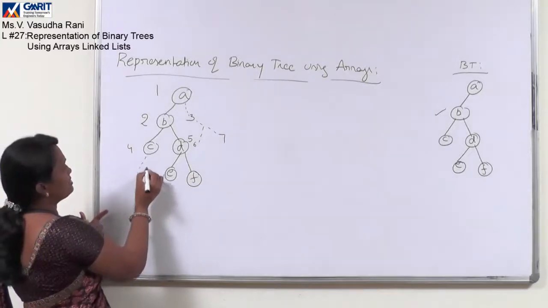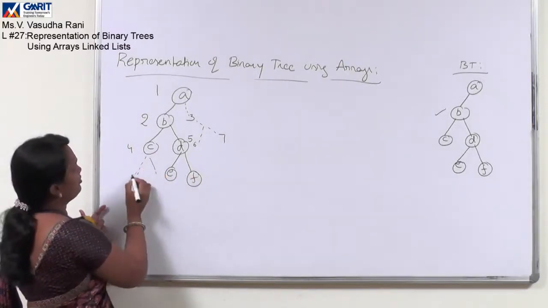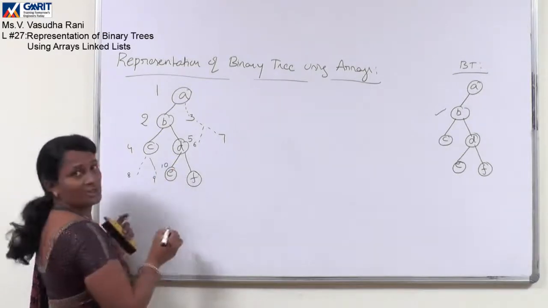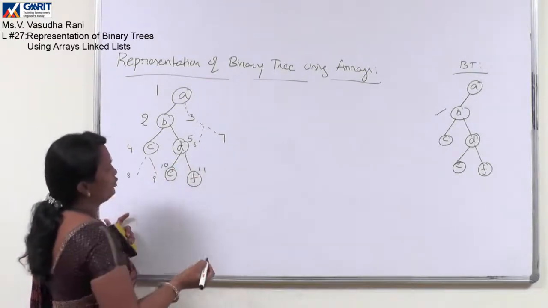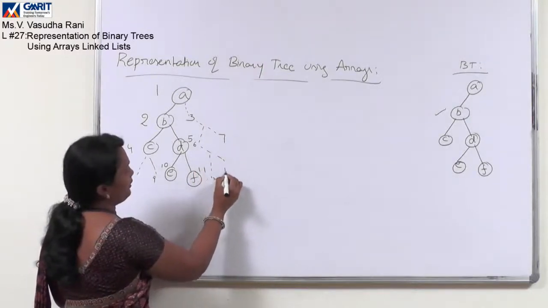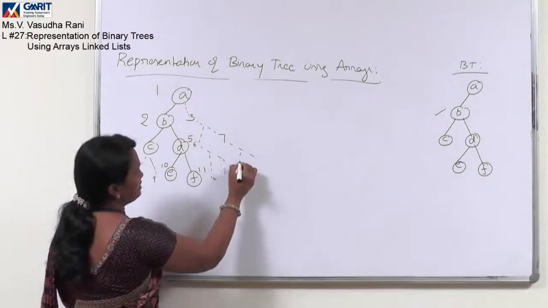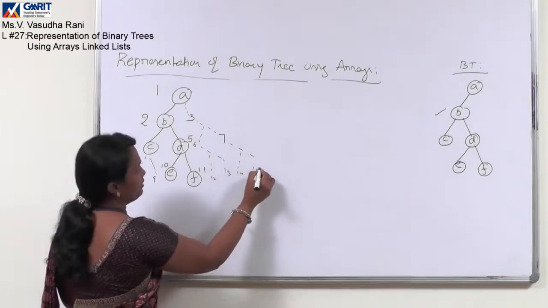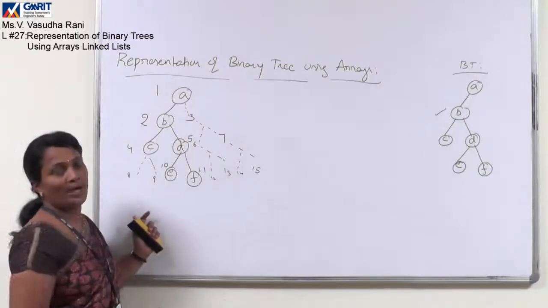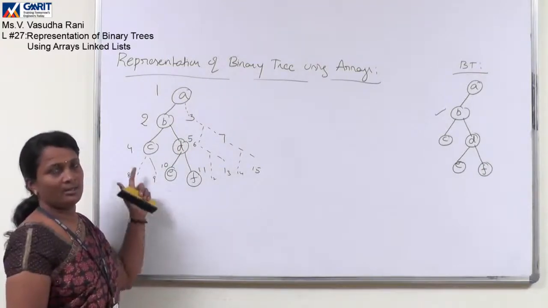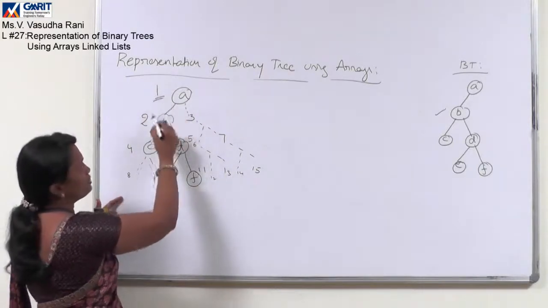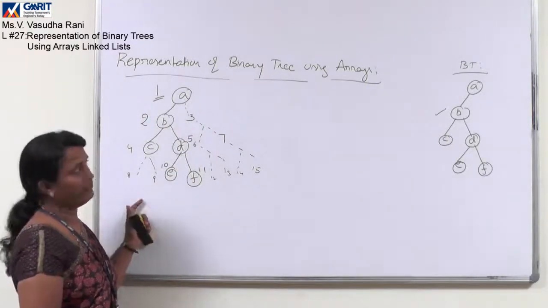Then this may have its siblings 8, 9, and this will be at position 10, and this is at position 11. And if it is having its siblings 12, 13, and if this is having its siblings 14, 15. Assuming this binary tree as a complete binary tree, these are the positions of the nodes already defined.